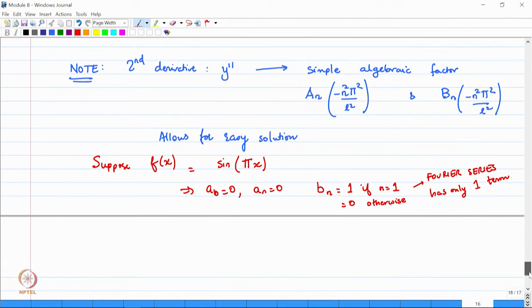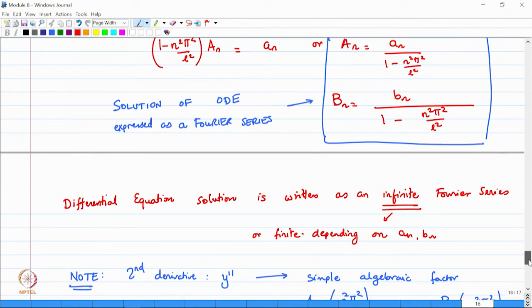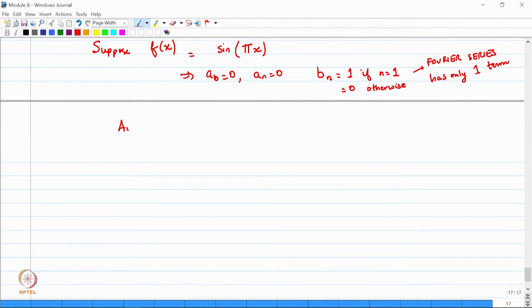What we said is that a_0 will be 0, a_n will also be 0, and b_n. So now what you get is a_0 equal to 0, a_n equal to 0, b_1 is equal to